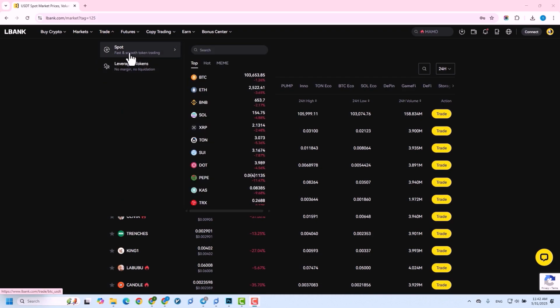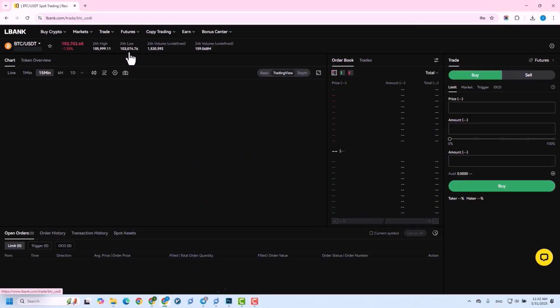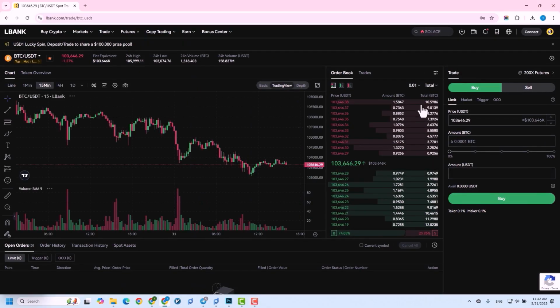In the spot section, traders can instantly and directly trade cryptocurrencies with each other. The key features of this section include direct trading with base currencies such as Ethereum or USDT, instant settlement of orders after the trade is executed. It is suitable for day traders and newcomers, and since no leverage is used, profits and losses are solely based